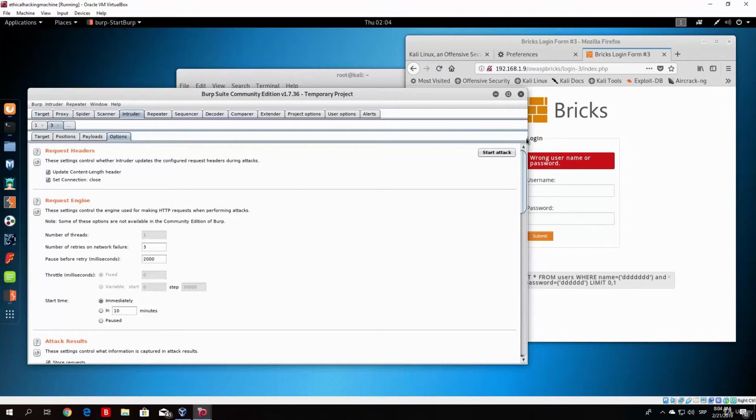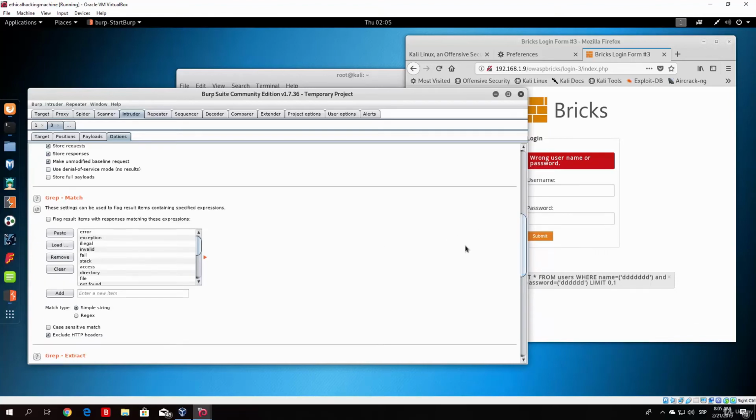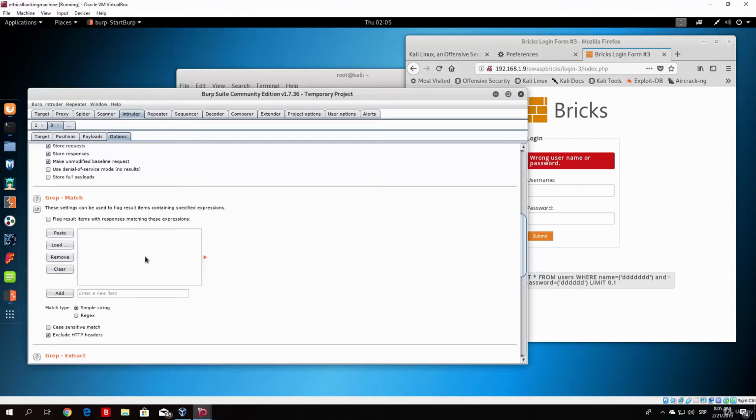and once you go onto the options, scroll down, and in the grep match, basically grep match is the option that we will use in order to find this string in our packets. So just remove all of these strings right here. We do not need them. Let me just click on remove once again, since it doesn't work. Or clear, it could be clear. Yeah, just click on clear, and it will ask you if you want to clear the list. We want to. And in the add section, what you want to type is